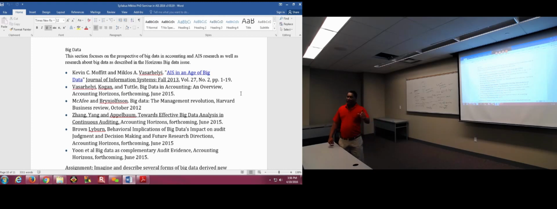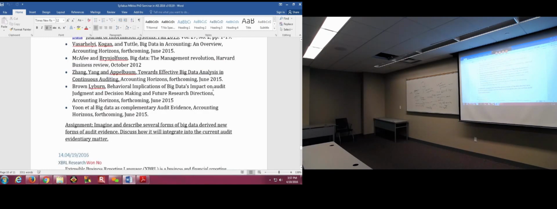Nobody has written a paper saying, I use big data in auditing and here's what I found. Every single paper here is normative, just different aspects of how they think accounting will change. This is not an accounting paper, that's another normative paper from management. But all the others are just saying we think we should be using big data in auditing. That's fine, you're bringing in an advance from another field and saying we should apply it in auditing. But again, nobody's actually done this. And there's a lot of discussion about what is big data, will it work in auditing, and so on and so forth.